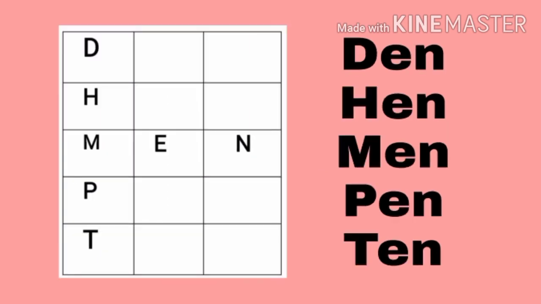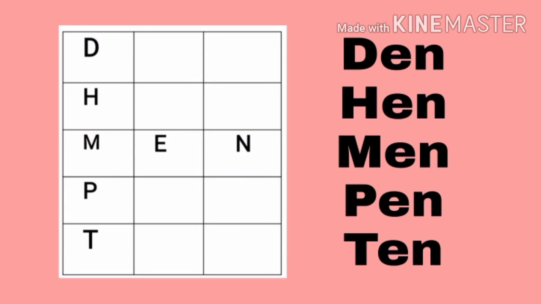Now we see E sound. E vowel sound is A. E's phonic sound is A. So student, here also is given one box, and in this box there are 3 columns. In first column there are some letters. Second column is given vowel sound, and third is Yan. Means we have to add En in each letter.